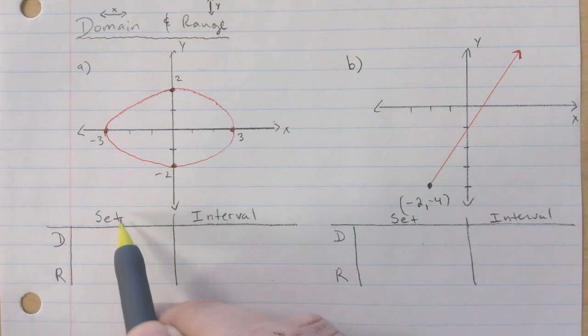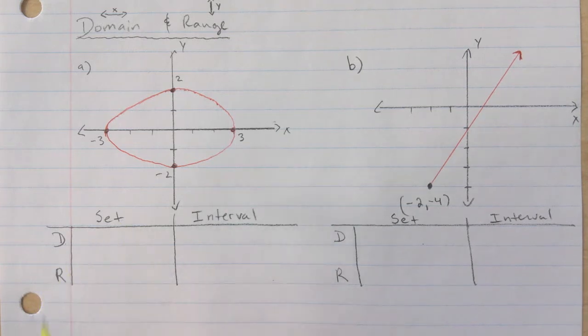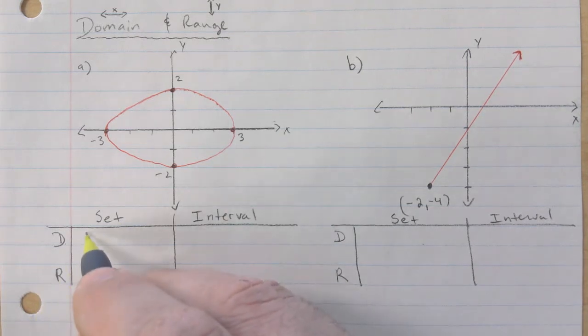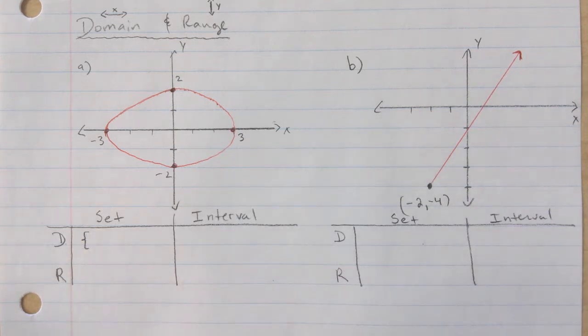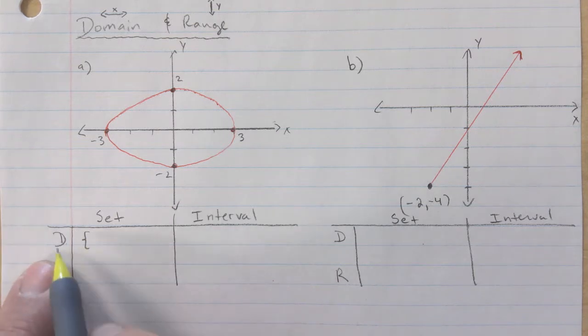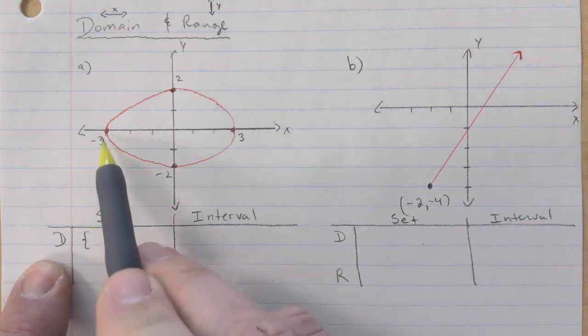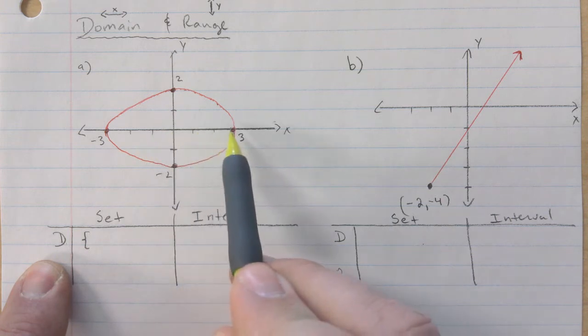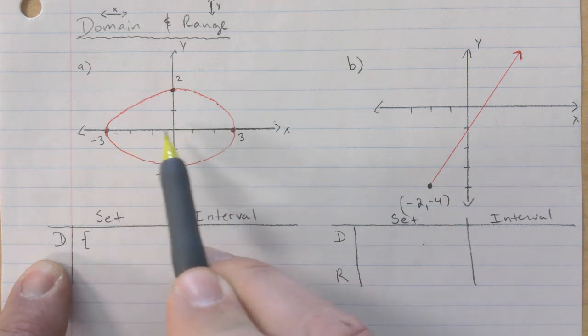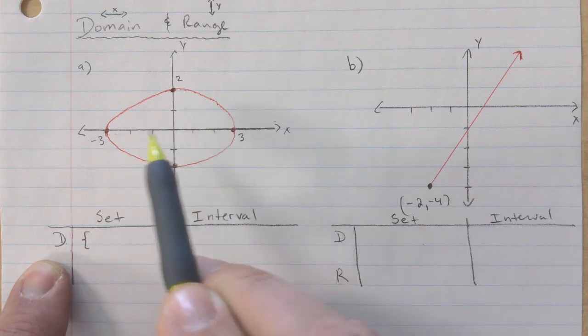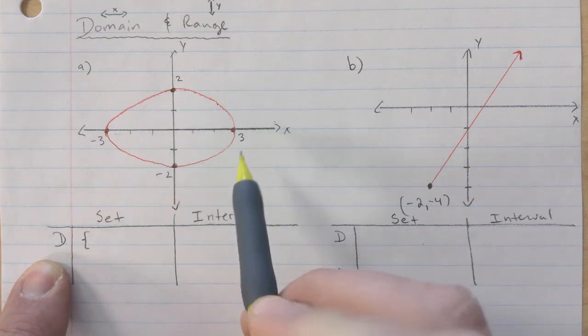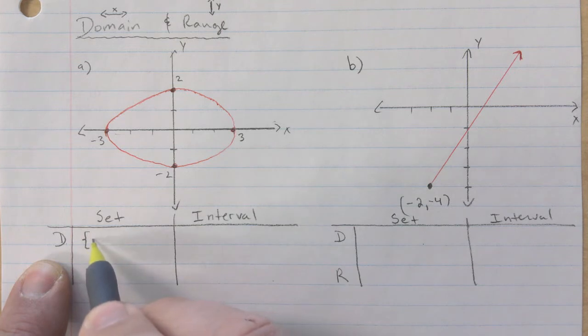So with set notation, you need to use squiggly brackets, I call them. They look like this, right? And remember, with the domain, we're looking at permissible x values for this particular situation. And you always have to state the lowest value first and then the greatest. Okay, so for set notation, we would go from -3,